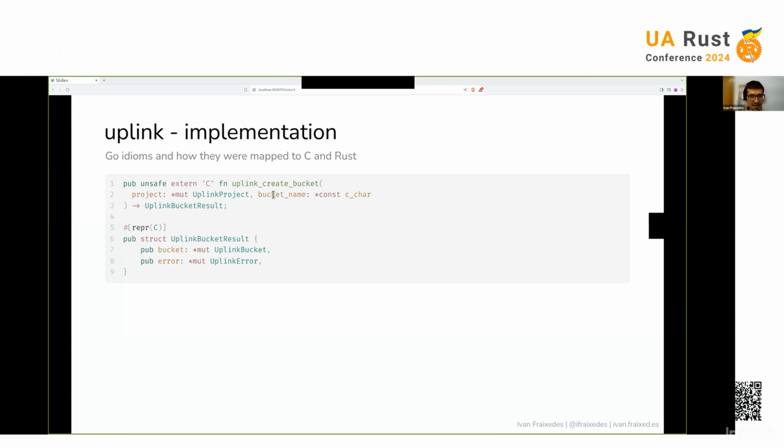That is what we do in Rust. What the binding does in Rust is basically map directly what is in C. So it creates the unsafe function and returns another struct. And this is the map to the C struct. As you see, there is the bucket and the error, just to map the two values that Go will return. And then how we are going to put this in the